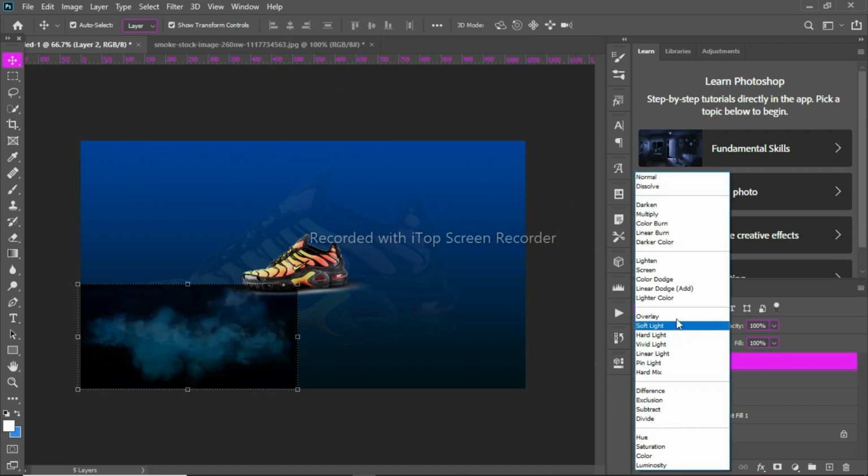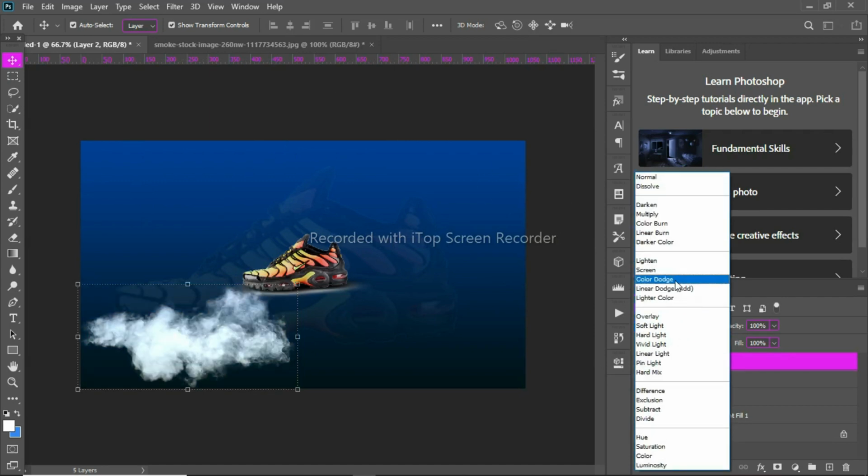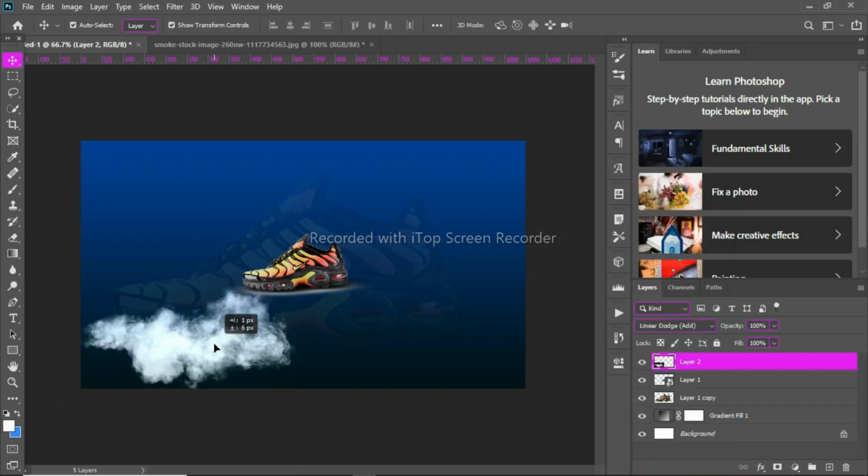Change the blend mode from normal to linear dodge add or screen, any you are good to go. Press Alt on your keyboard and make